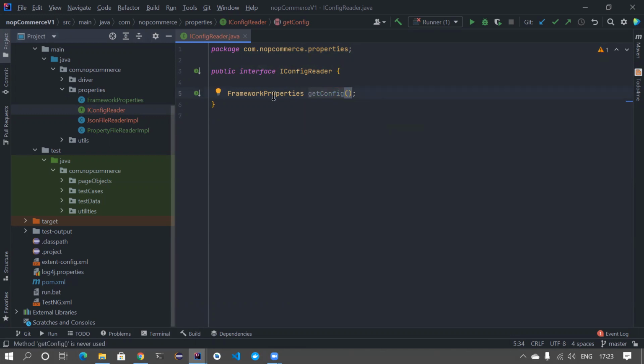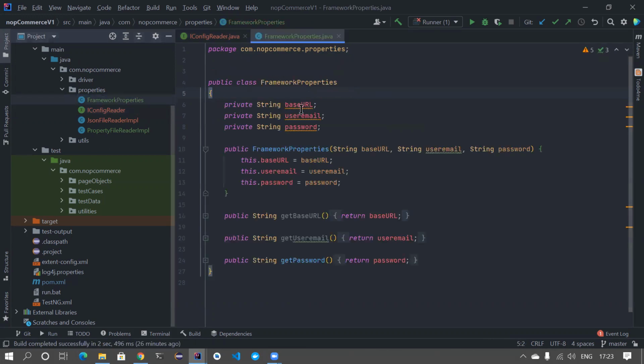Good. This interface defines the skeleton for all the implementing classes. Whatever operation you do, at the end of the day you give me back framework properties, and framework properties basically has three variables for now. If you add more values to the property files, you have to add more things here, right? Again, this might look really complicated because every time you add one, you need to modify your constructor and your getter methods and all that. Maybe in those cases you can also use